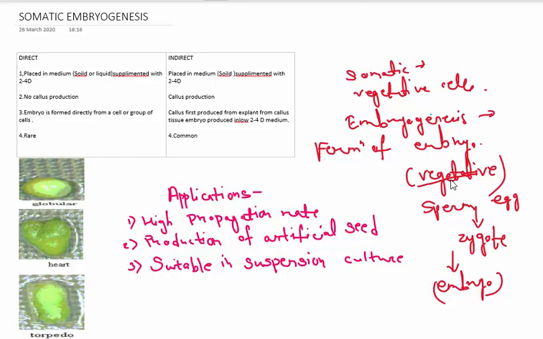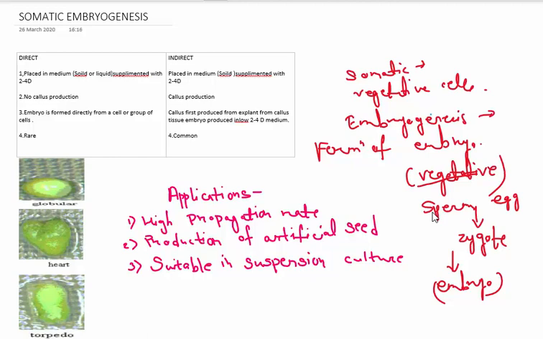Okay, so in this case, embryos do not necessarily originate from zygote. Instead, they originate from a somatic cell, and the formation of the embryo from the somatic cell is called the somatic embryogenesis. So, somatic embryogenesis is the process in which a single or the group of cells initiate the